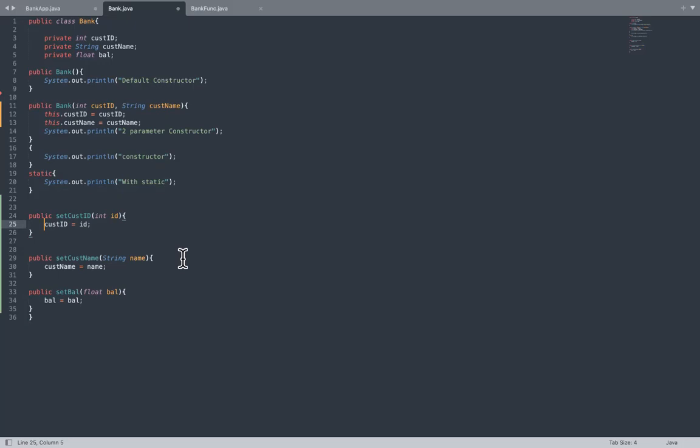Okay, so basically this keyword can be used throughout your program, either in your methods or in your variables or in your constructor. Basically, why we are using this is like you're telling that my instance variable has to be assigned with that value and not the parameter. To differentiate your instance variable and the parameter, though they are the same name, that is why we're using this keyword. Okay.